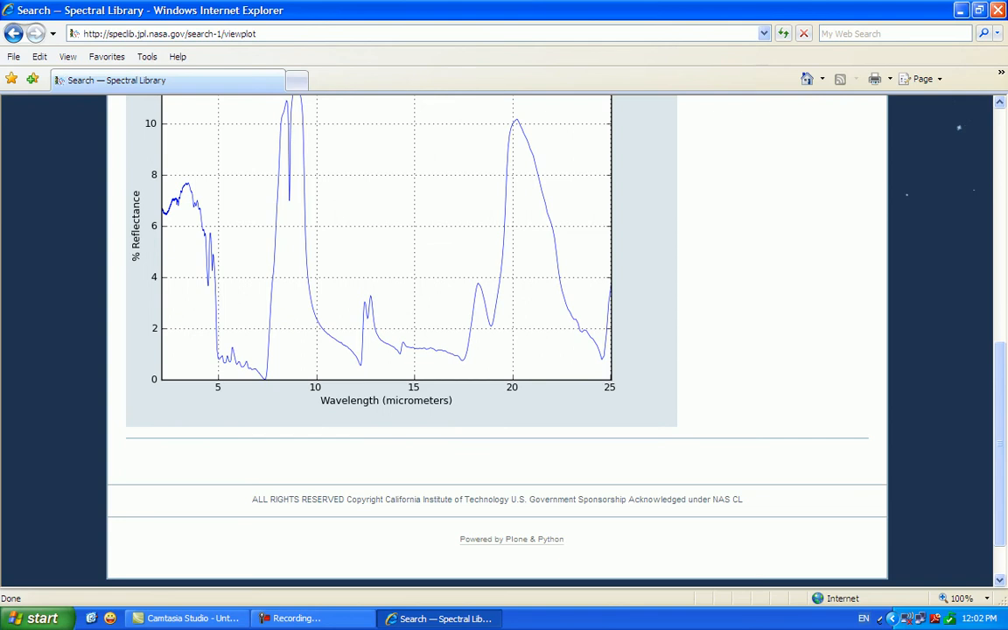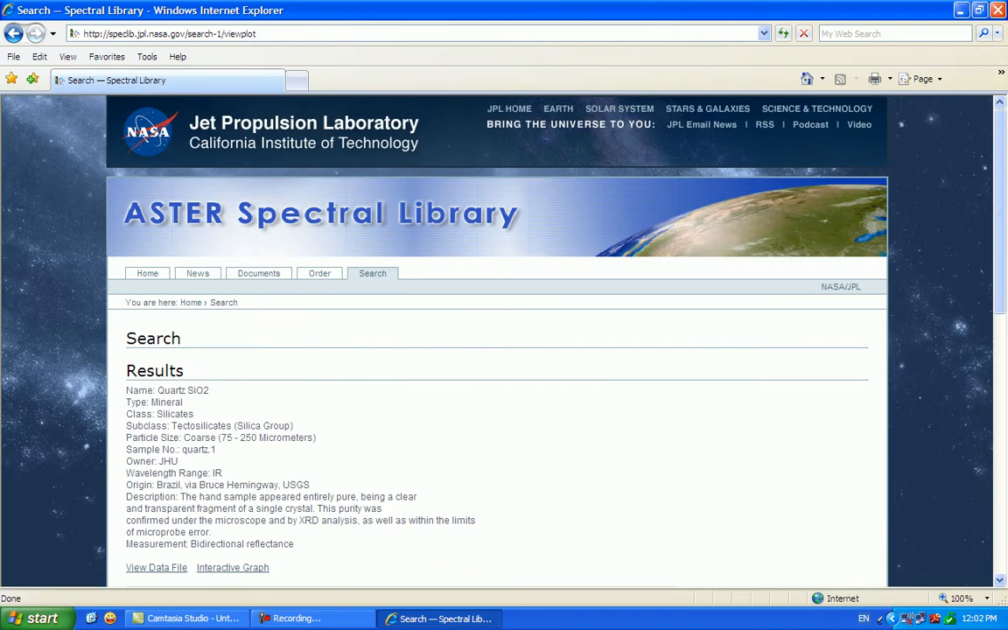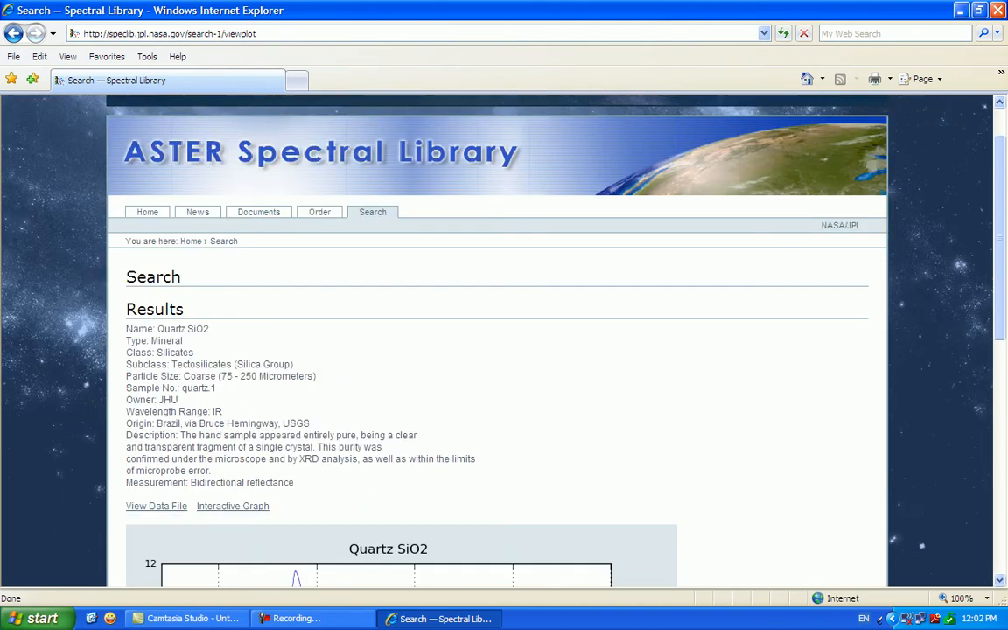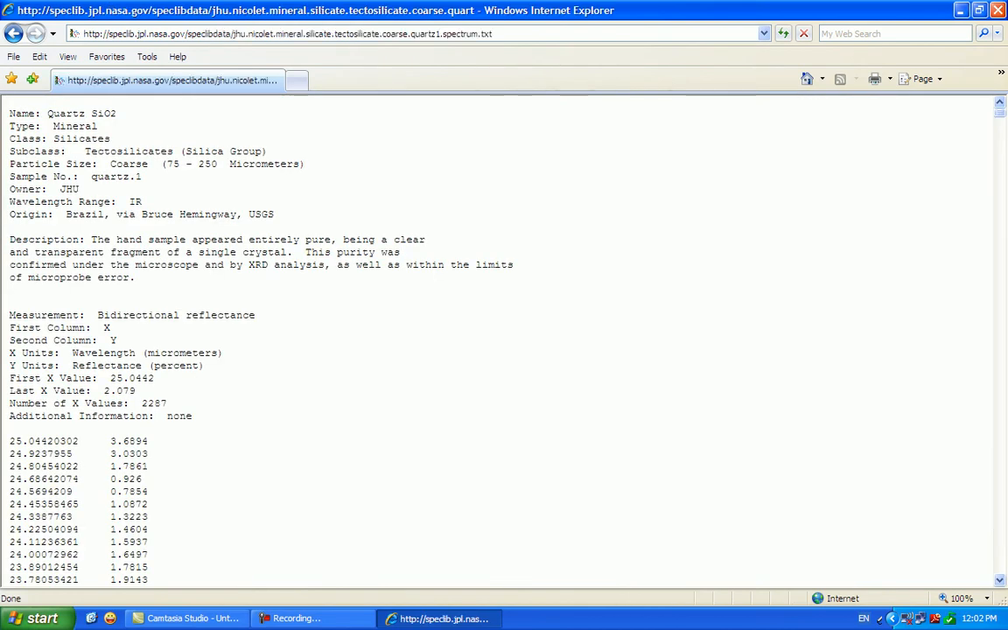Now on this window, as we see, there are two options. The first is view data file on the left, and the other option is interactive graph. So click just on view data file, one click. Another web page will appear which contains all the spectral data, including the wavelengths X and the reflectance percent